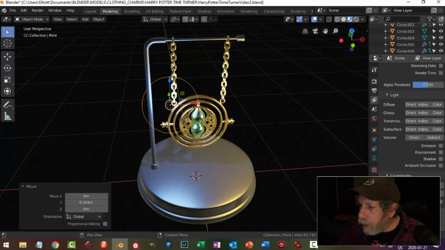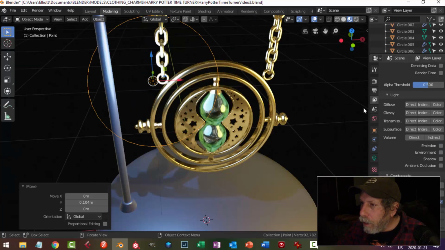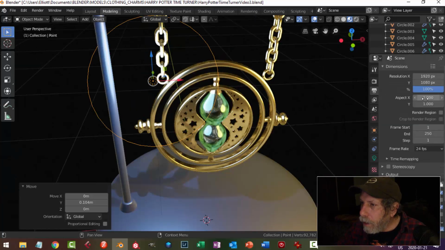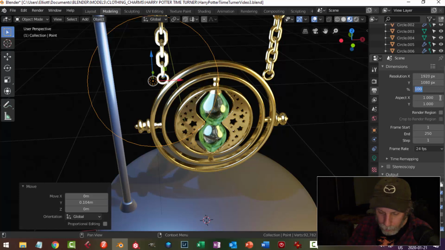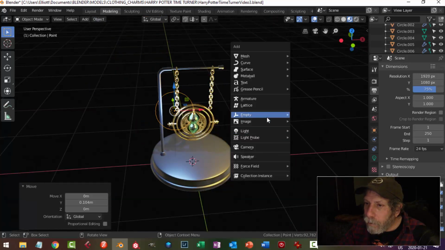Denoising. I'm just going to leave the defaults for that. And if I trim that to say 75, and I bring in a camera,